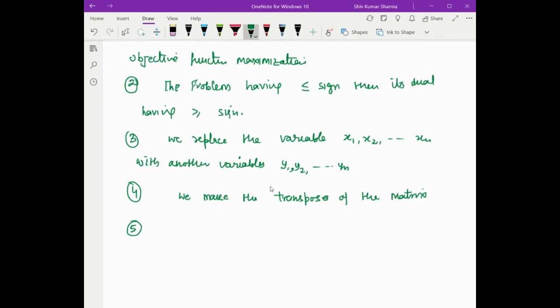The last one, we write the inequality. Inequality means less than equal to, and we write it with the objective function. We write the objective function of the dual as